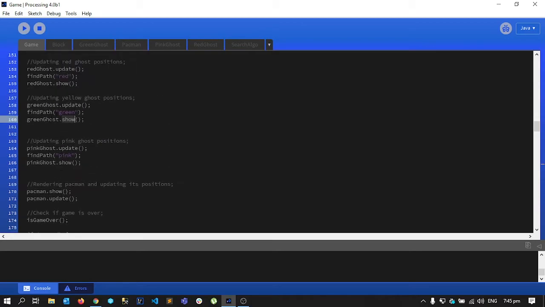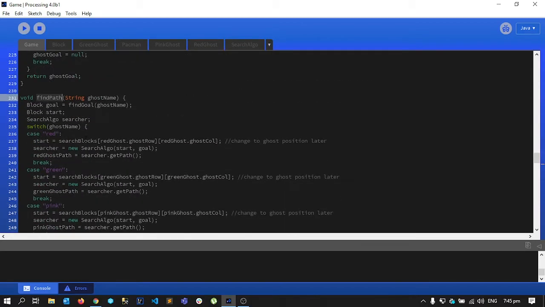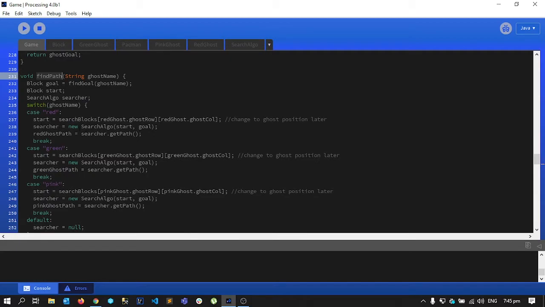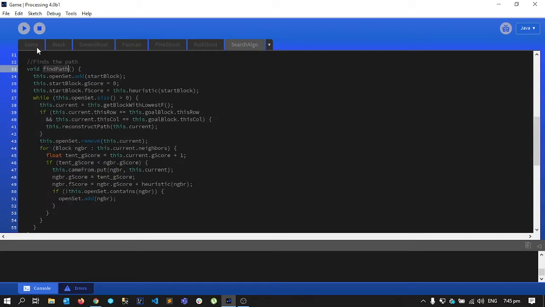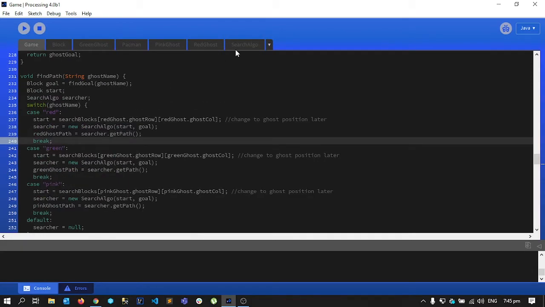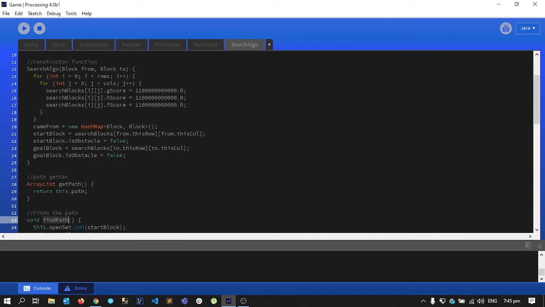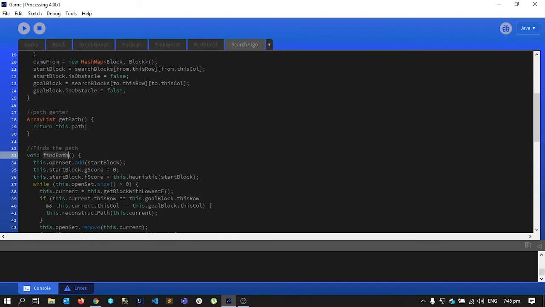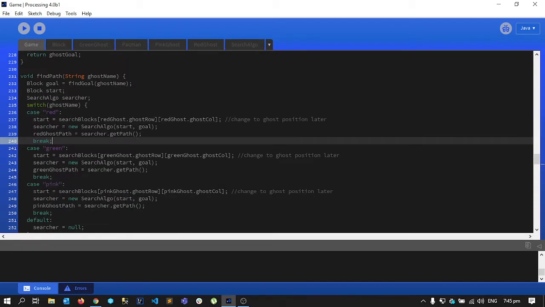And if I go into my find path function, you can see here I am making a new search algorithm instance, and then I'm calling the get path function here, this one. So it returns the path there.